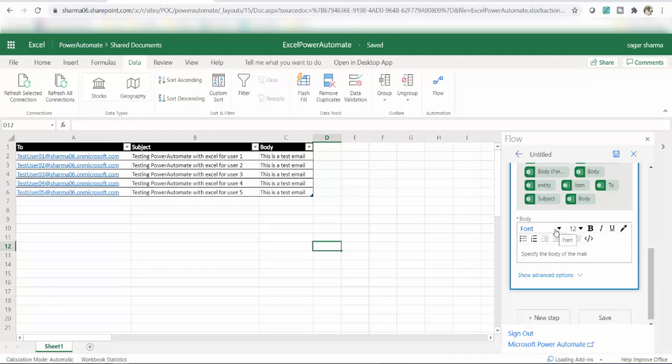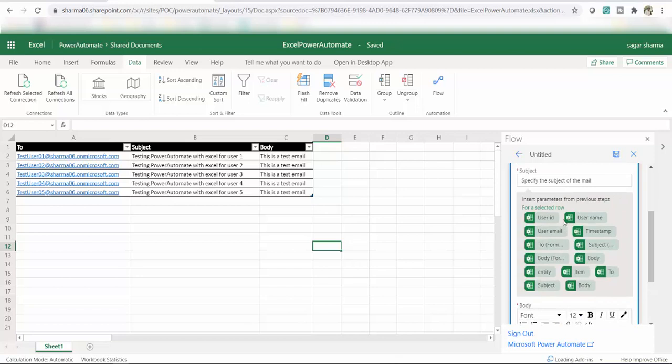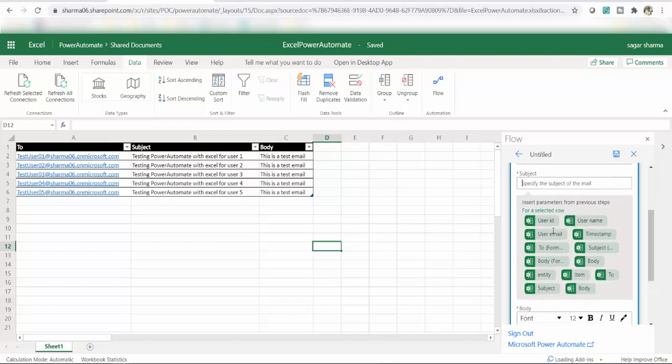If you want the subject to be dynamic, just store it in your Excel file and select that field. So this is my subject, and add dynamic option should be there. So yeah, this is the subject. I will choose the subject field. This is my subject field, and this is my column.